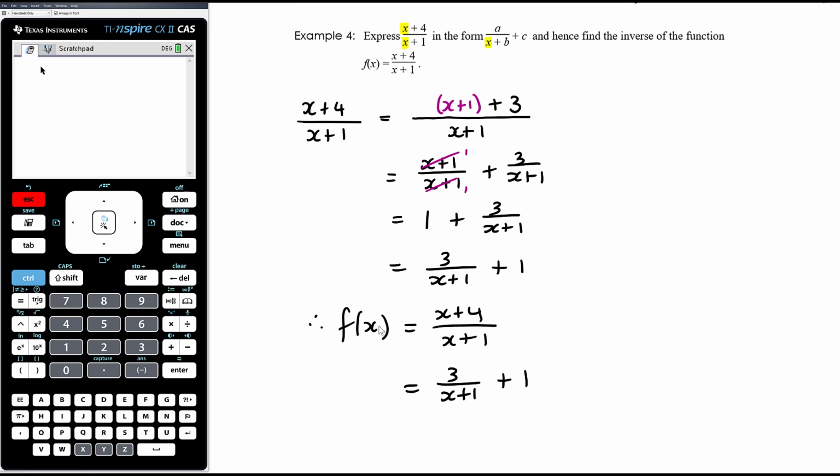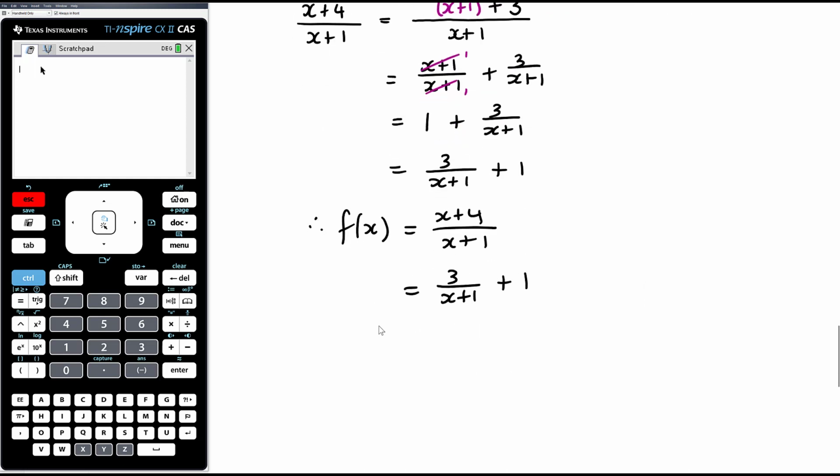We've got this word hence happening here, which is a really important instruction in methods, meaning once you've done the first part, use it to help you with the second part. And when you see the word hence, it actually means you must use what you just did. Okay? If it says hence or otherwise, it's just a hint to you. What you've just done might be helpful, but you can do it in another way if you prefer. If it says hence, you must use what you've just found. Okay? So for the inverse,